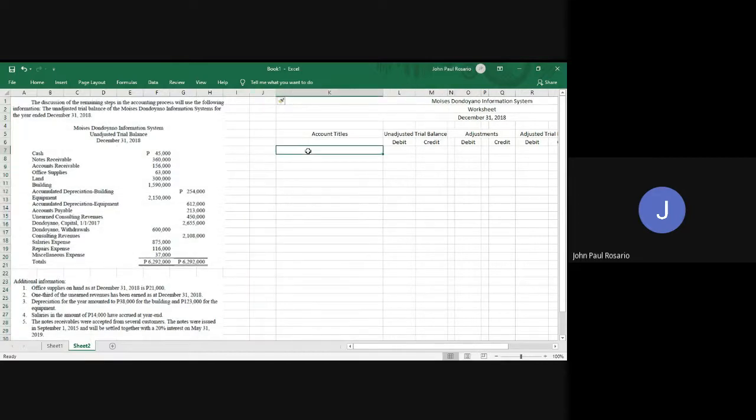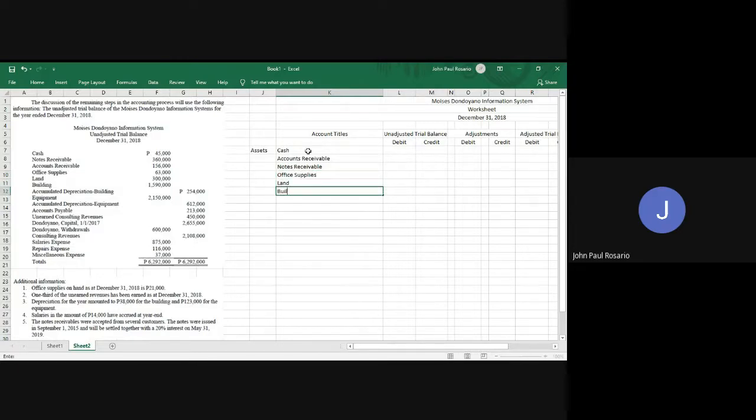Sige, ato lang ning ko anon later on. Okay. So again, first is assets. So kani siya is ignore nga part ha, wala ni siya ilabot. Ako lang mong this is just a guide kung giunsa ang pagpasunod sa account titles. So naa tay cash, notes receivable, naa tay accounts receivable. Oh, this is wrong. Dapat una si notes receivable. Okay. Ay, sa accounts receivable. Okay. Notes receivable, office supplies,